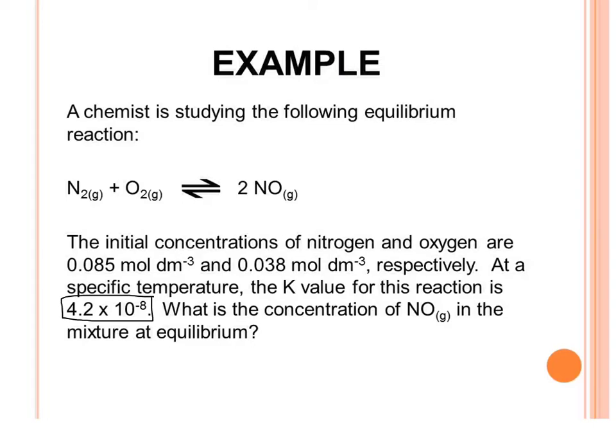What is the concentration of NO in the mixture at equilibrium? As per usual, let's start with our balanced chemical equation: N2 plus O2 gives us 2NO,